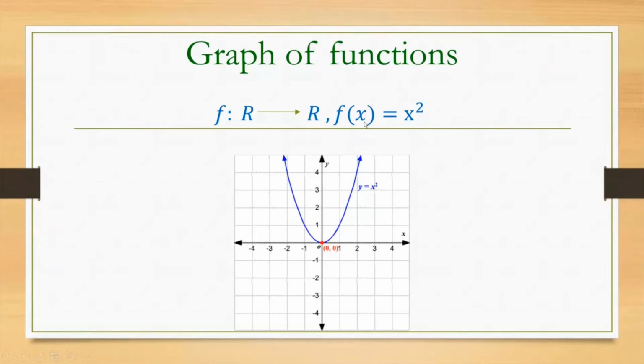So our function is f of x is equal to x square. So the image of 1 is 1. We draw a line on the domain at 1 and a line on the codomain at 1. It meets here, right? So we plot that point. And the image of 2 is 4. So 2 on the domain, 4 on the codomain. We draw a line on 2 and a line on 4 on the codomain. It meets somewhere here, so we plot that point.